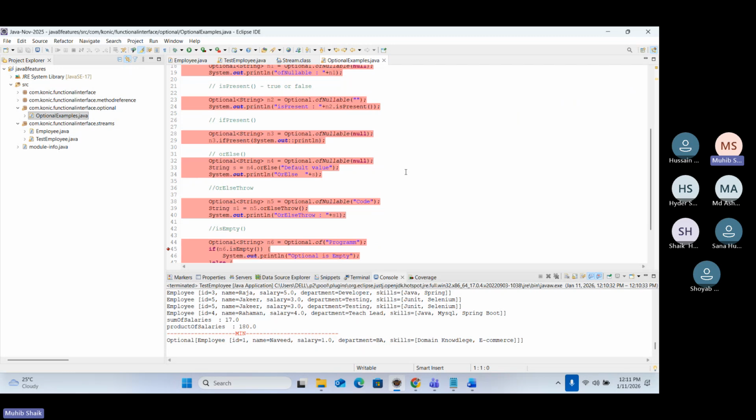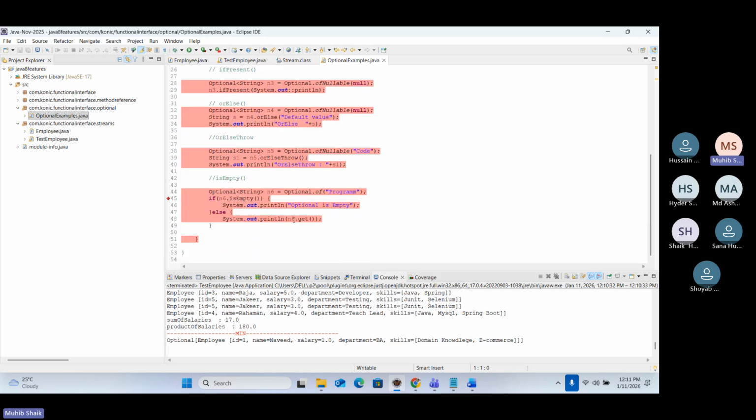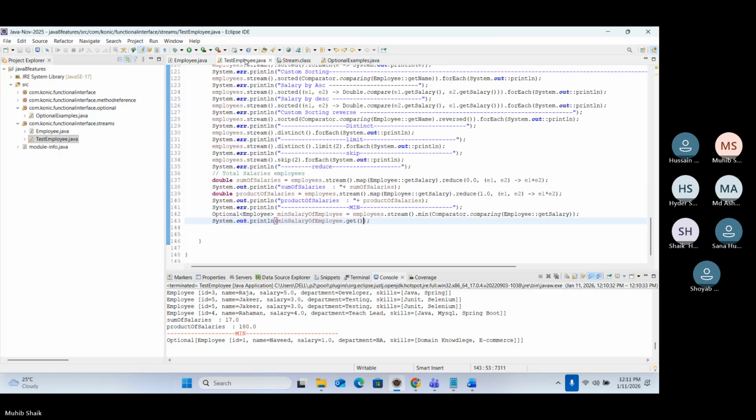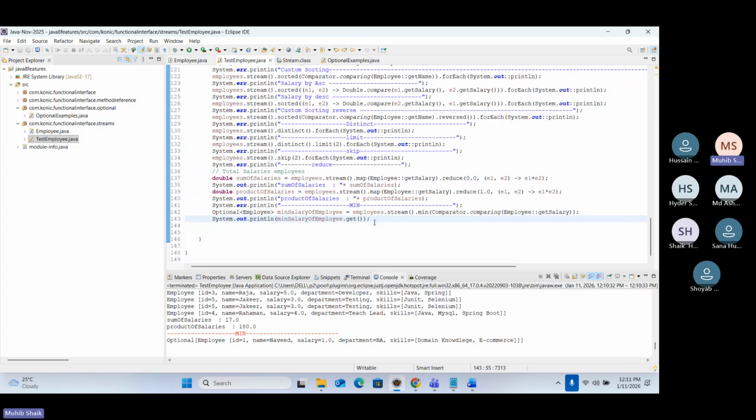So where do we use the get method? n6 dot get. Otherwise, what will it give? Otherwise it gives an Optional of that value, but I want the exact value, not the Optional. By using this get method, I can get the exact value, in a similar way here. Clear? Yes. So similarly,